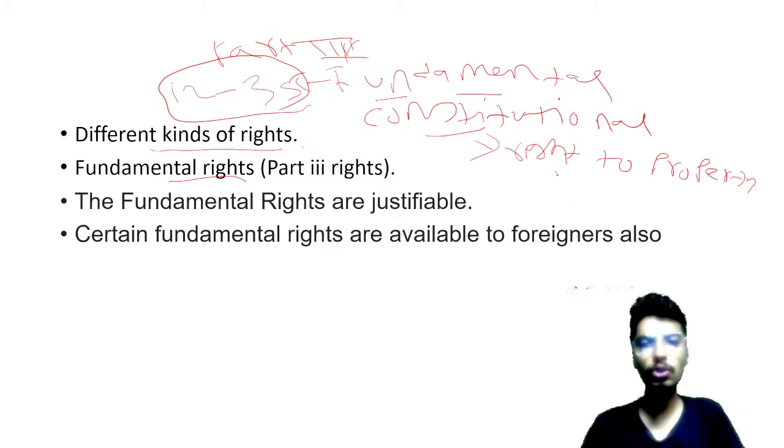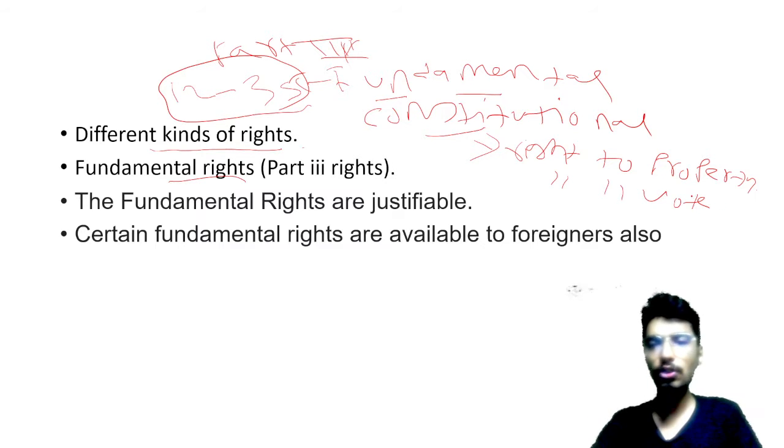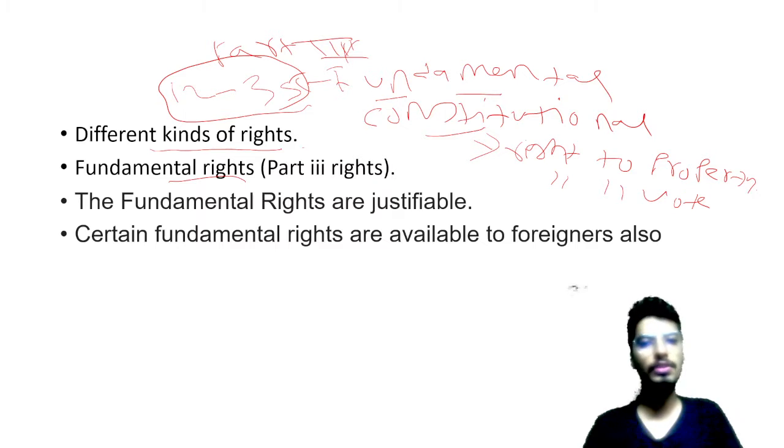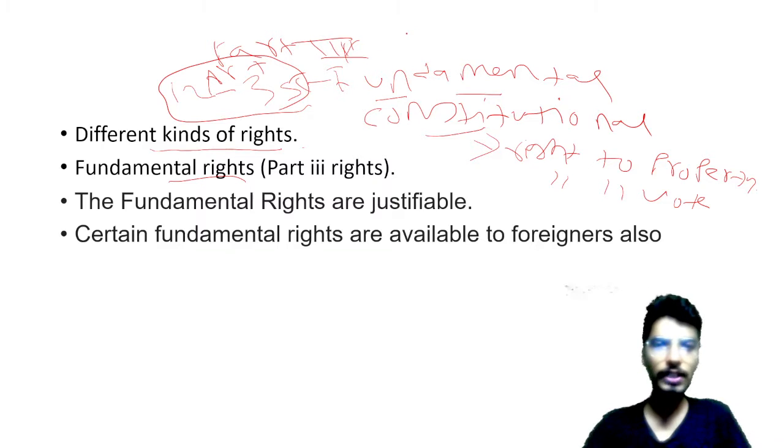Similarly, there is right to vote. That is also constitutional rights. So these constitutional rights are there in the Indian Constitution, and then in the very Indian Constitution you will find कि part 3 के अंदर 12 से लेकर के 35 आर्टिकल तक जो rights हैं, these rights are called fundamental rights. There are other rights also, like you talk about statutory rights.